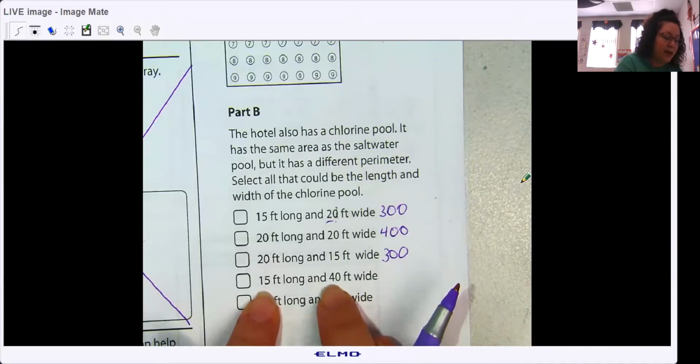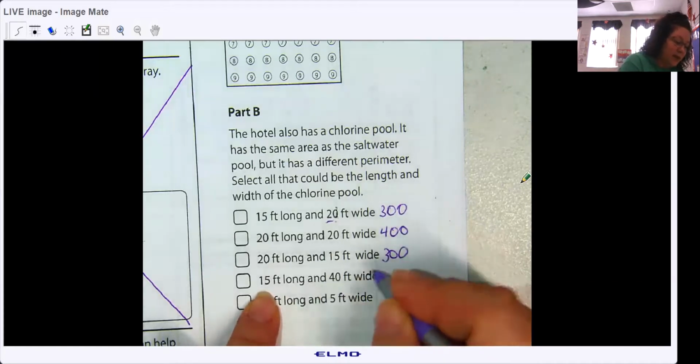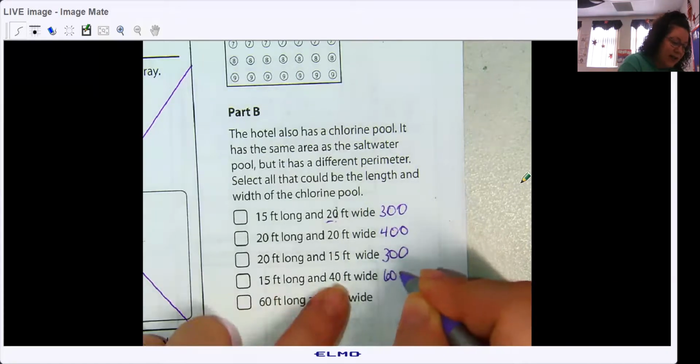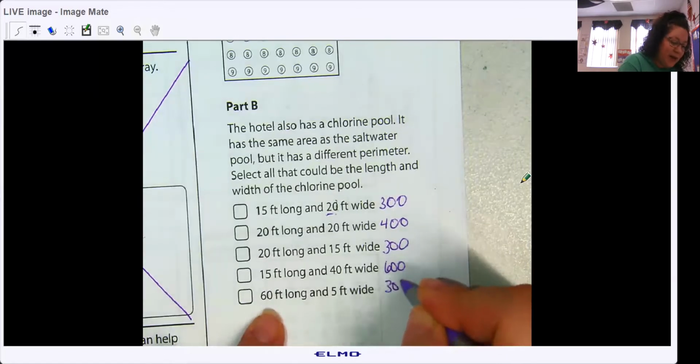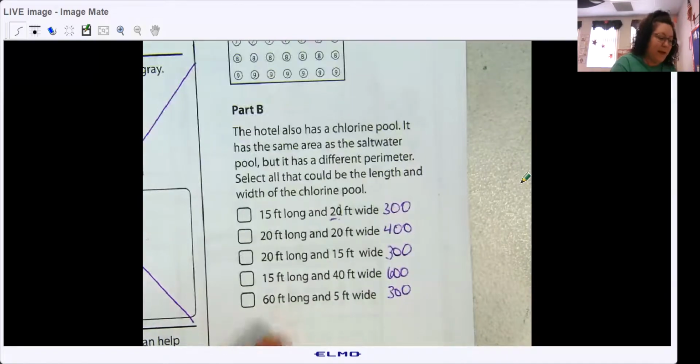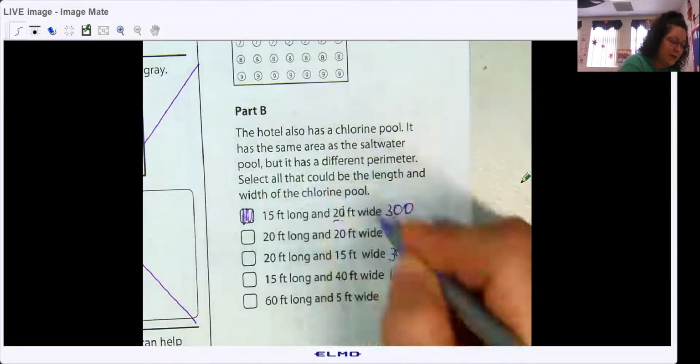15 times 4. Well, 15 times 2 is 30, and then I would double it because it's times 4. So 15 times 4 is 60. Add the 1 0. 6 times 5 is 30. Add the 1 0. Very quickly, we found